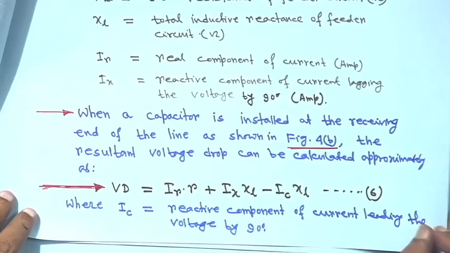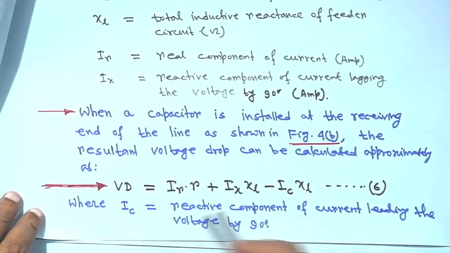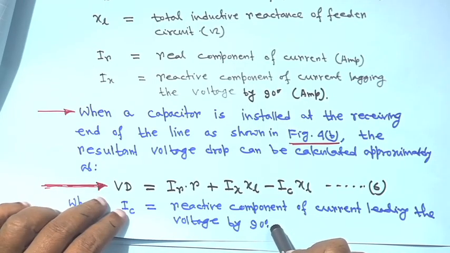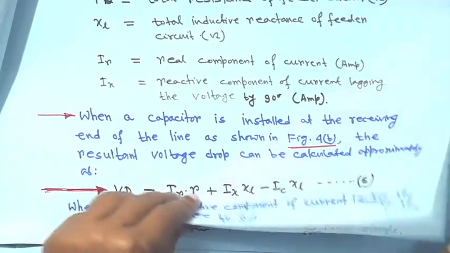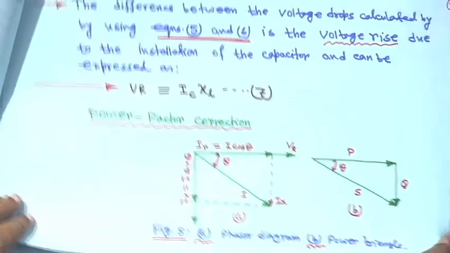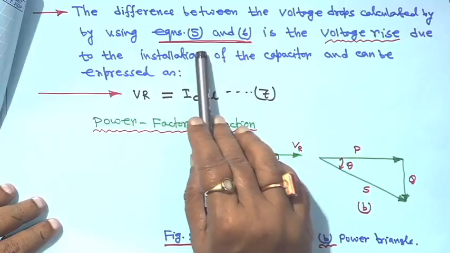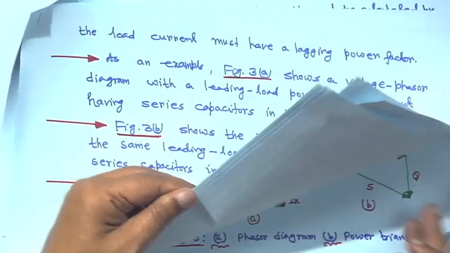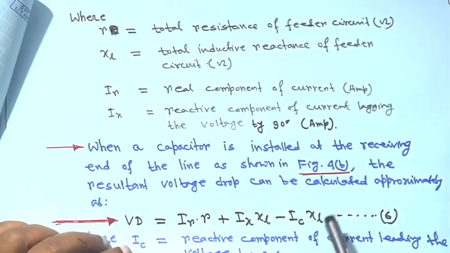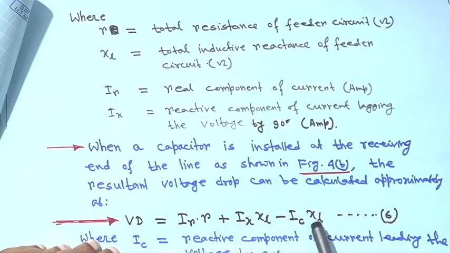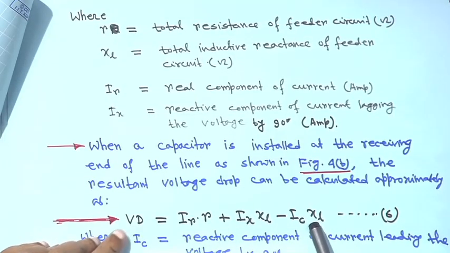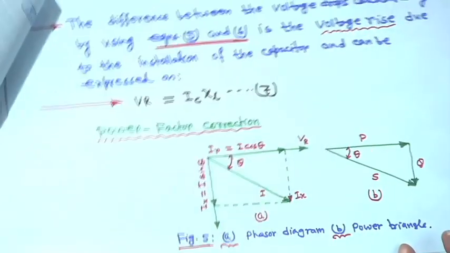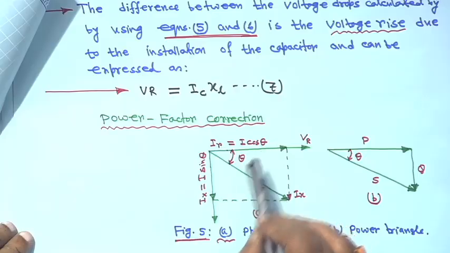So, whenever you consider IC in this phasor diagram simplification, please see that the current is leading, which means that angle has to be considered as 90 degrees, right. In that case, the difference between the voltage drop calculated using equations 5 and 6 is basically the voltage rise, IC into XL. If the voltage drop is this much less, then this much is the voltage rise, right. In other words, the voltage drop is less means IC into XL is the voltage rise, right. Therefore, your power factor curve: this is your I cos theta, this is Ix sin theta,